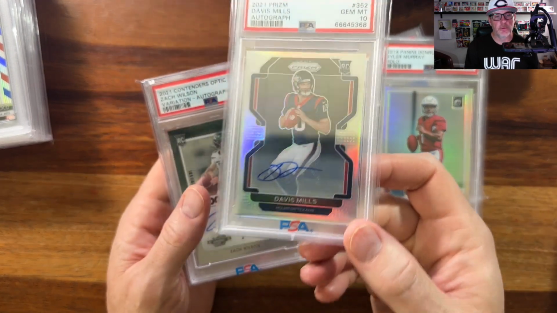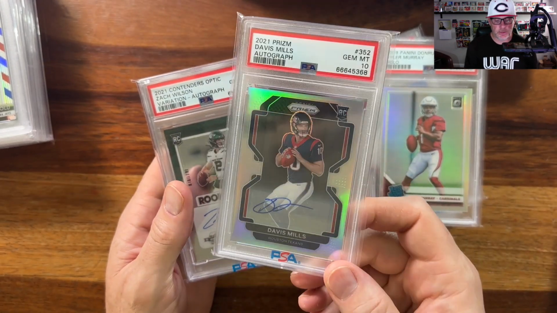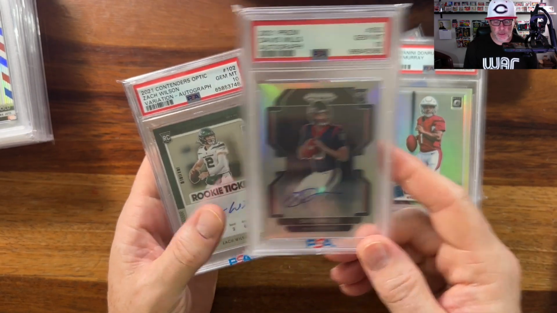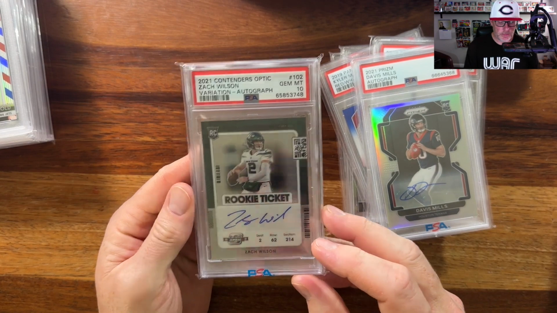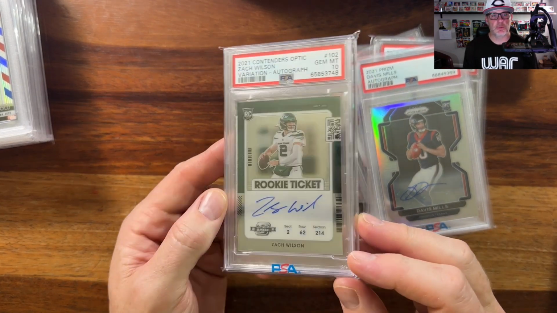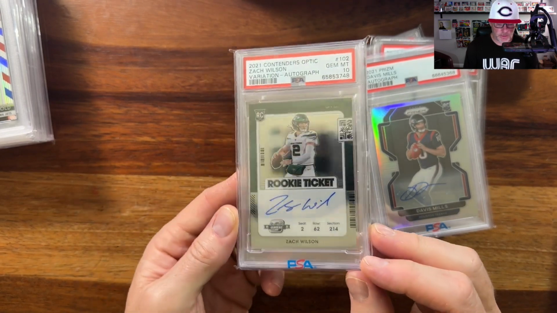Davis Mills, will he bounce back? This could be a big card for him, if he does. It's the silver PSA 10 auto. And then Zach Wilson, same here. I mean, are you ready to just give up on Zach Wilson? He was the number 2 pick in the draft. I mean, you know,